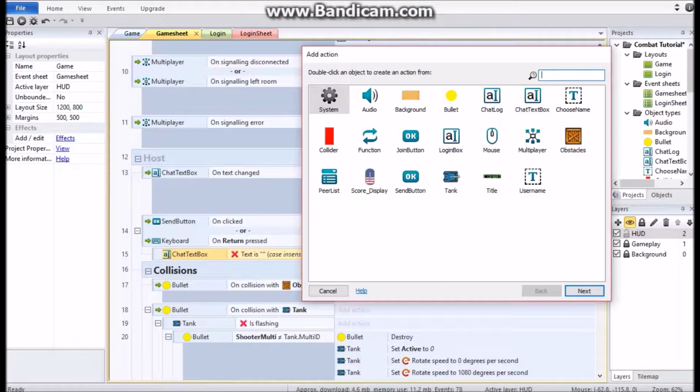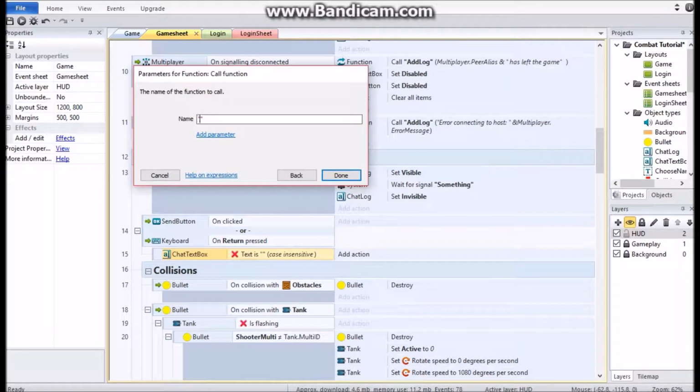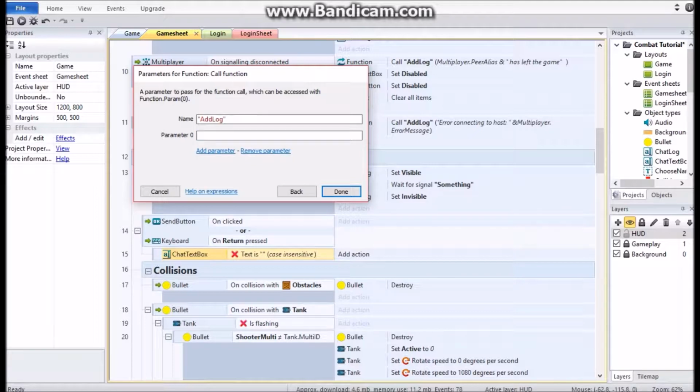Invert the condition. Function, call a function: add log. Parameter: quote unquote, less than sign,